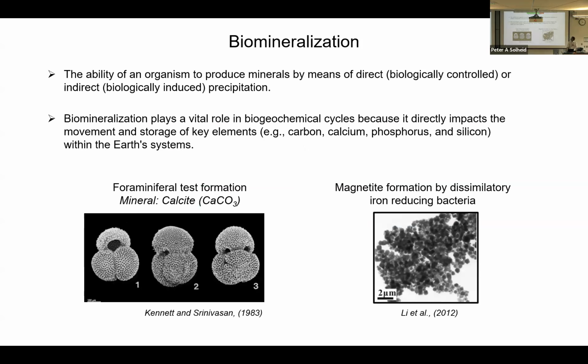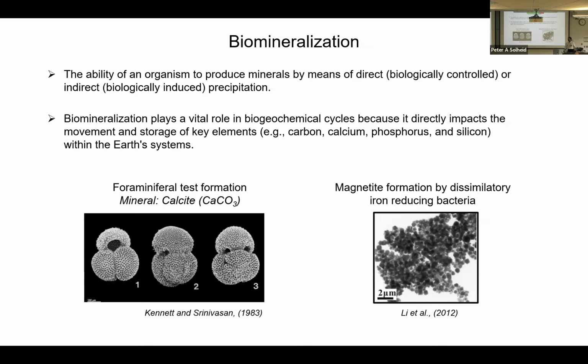So there are two types of biomineralization. One is direct, that is biologically controlled, where we have strong genetic control by the organism that produces these minerals. An example of this type of biomineralization is the formation of foraminiferal tests. This is a foraminiferal test of the species Globigerinoides ruber, which is used for reconstructing past oxygen conditions. And the other is indirect precipitation, that is biologically induced, where we have indirect control, like the metabolic activities of